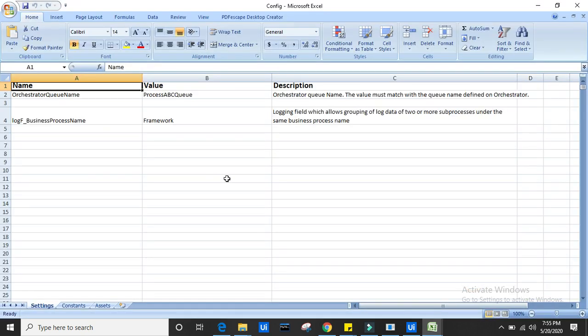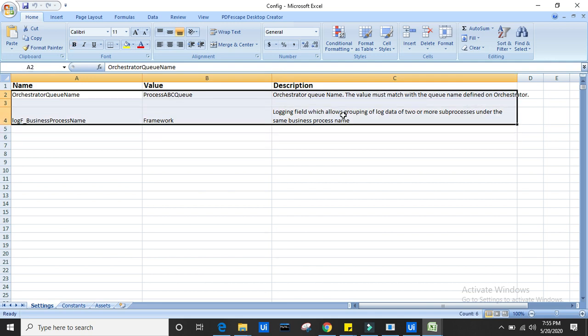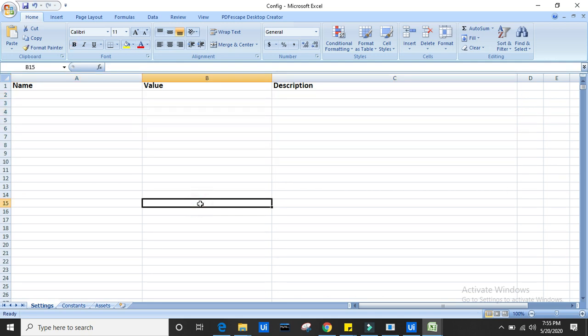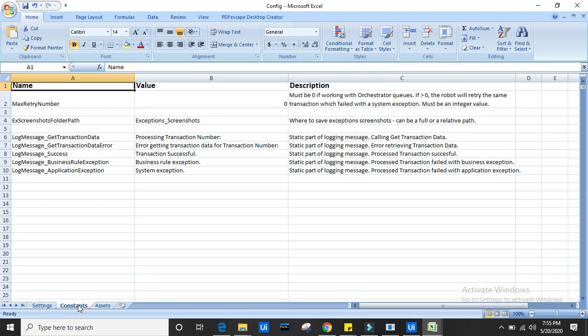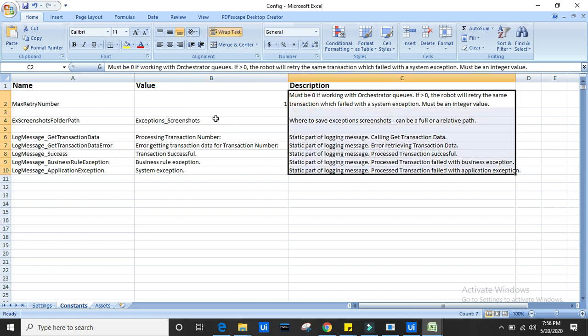Here we are going to use this config file, and how to use it we are going to discuss now. Orchestration name we don't need, so I'm going to straight away remove this so there shouldn't be any confusion. The second tab is the constant tab. Here you can update whatever configuration you want to change, but just keep it as it is because this is the first example. Just keep max retry number as 1. If you don't keep it, that is fine. All this description is self-explanatory, and these are all standards.